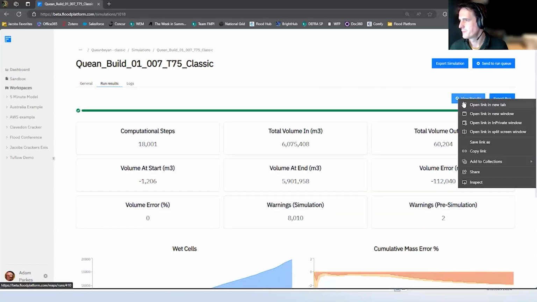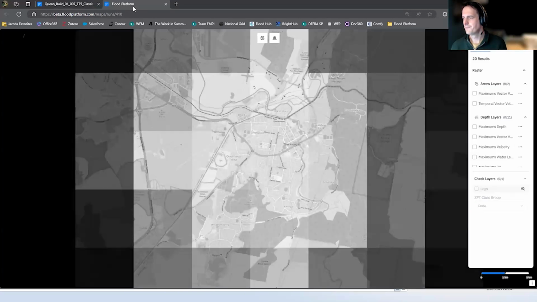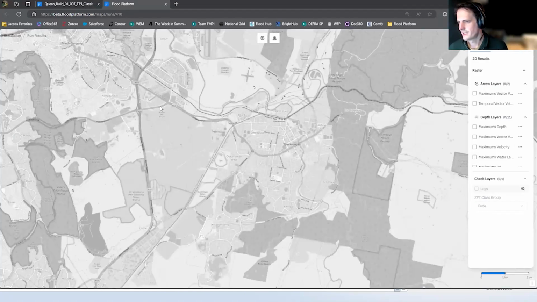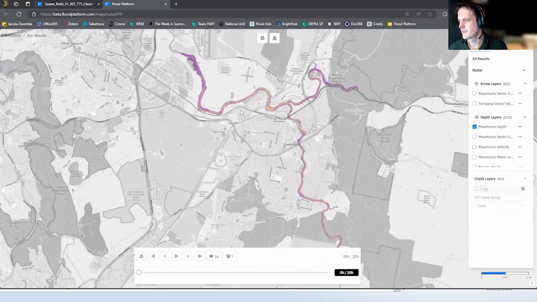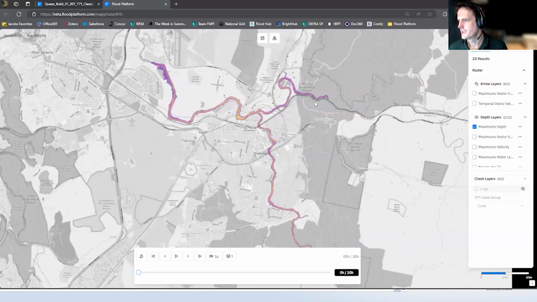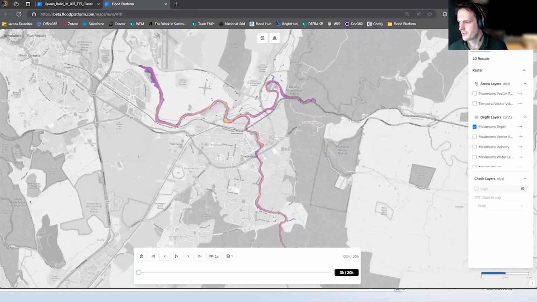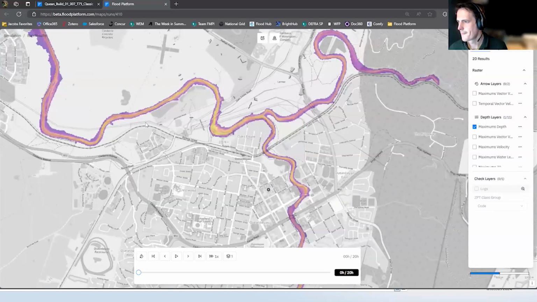So if I click on this button here and pop open a new window, this is somewhere near Canberra. This is a very simple model. And the first thing I look at is, say, the maximum flood extent. So I click on that button there, and I can see I've got these 2 rivers here with a 2D flow being inserted, and that's flowing down through this town here, creating a flood envelope.